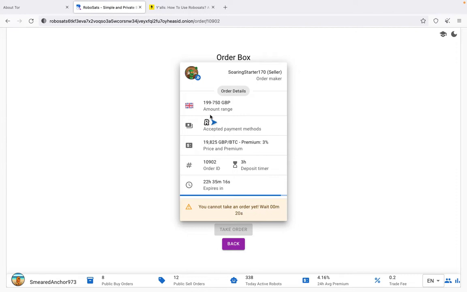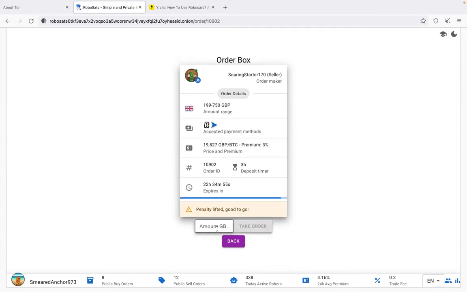Okay, so once you do that, you're going to put the amount, right? I'm just going to wait for another 10 seconds, because I already had an order and I just cancelled. So they're going to show me how much I want to buy, right? Over here, say GBP. This says I can buy from 199 to 750, so let's say 200. Okay. So I'm going to say take order,